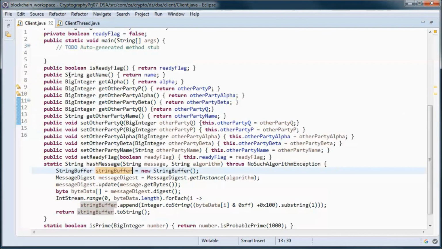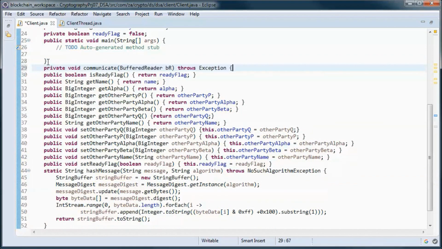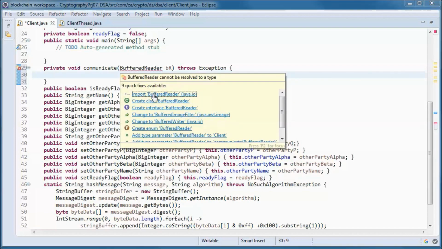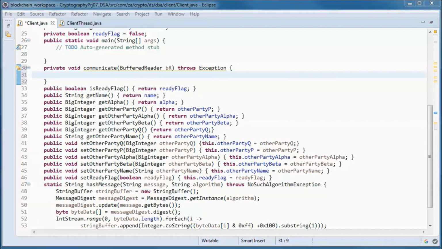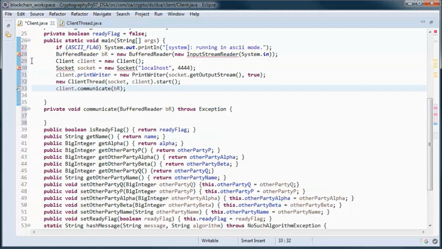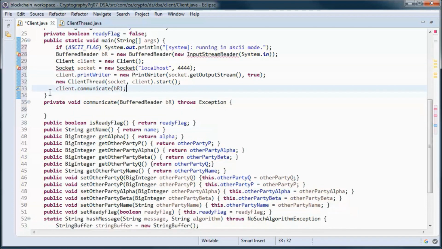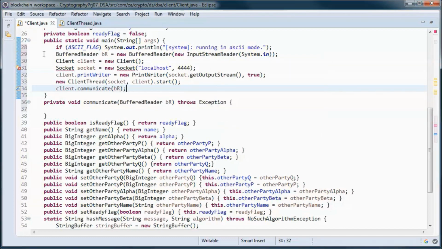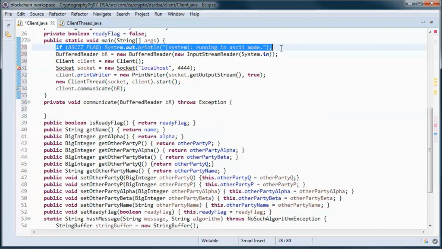And we will have this method that handles sending messages from this client to the other client, signed messages, and here we first check if we are running in ASCII mode, and we display that message in that case.